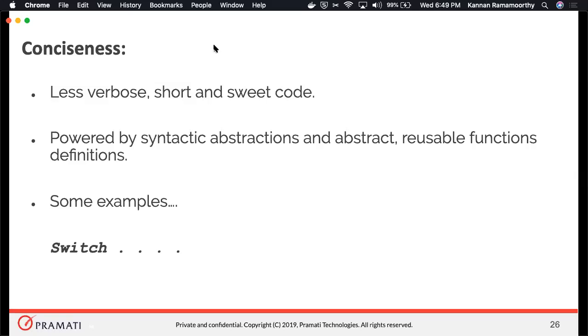Similar to import in Java, we have keywords like require or use in Clojure, using which we'll be able to import. That will be explained in the upcoming slides.